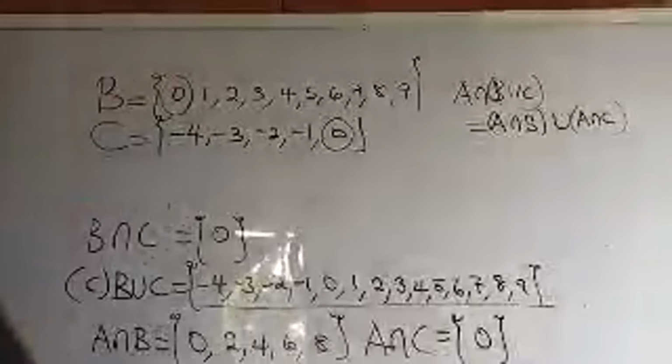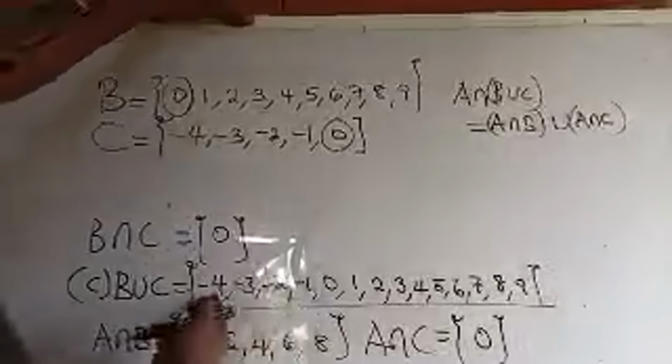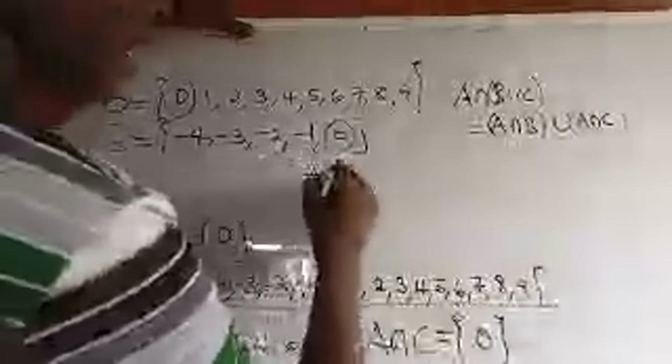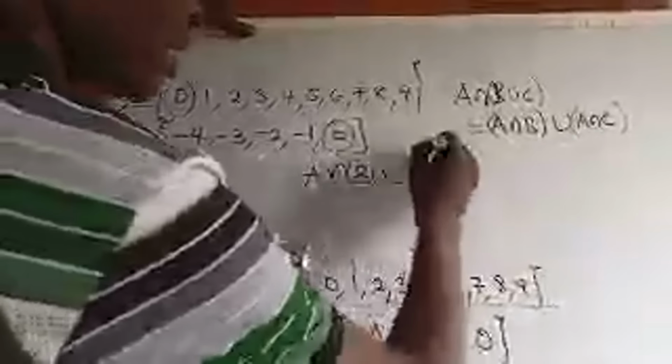A is a set of what? Even numbers, both negative and positive. And B union C has this. So we have A. So we can say A intersection B union C will be a set of